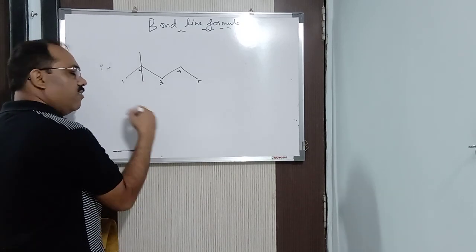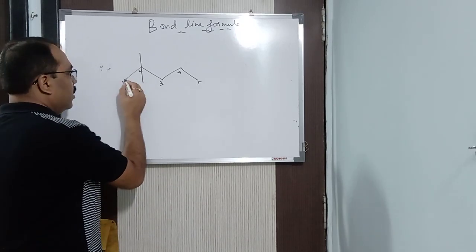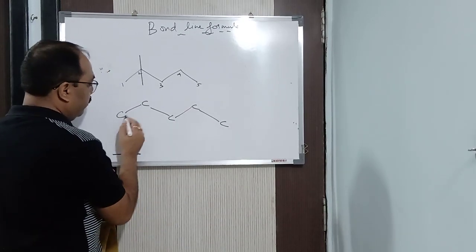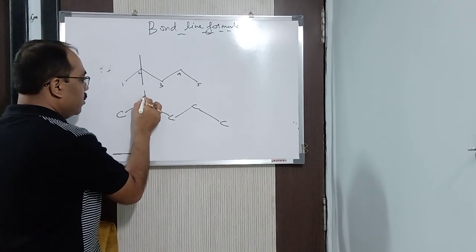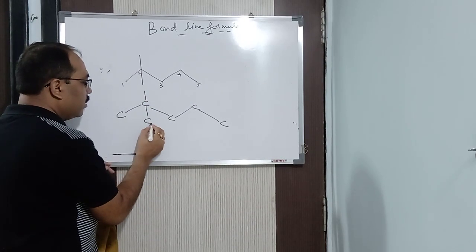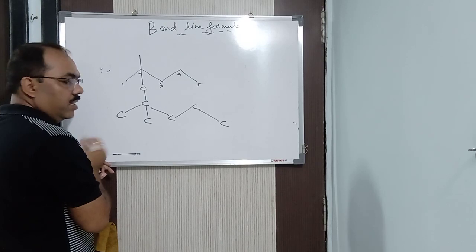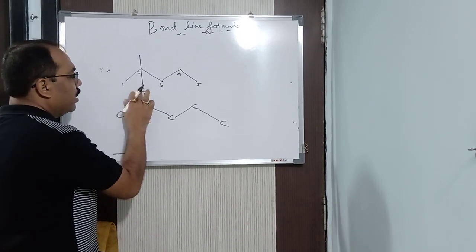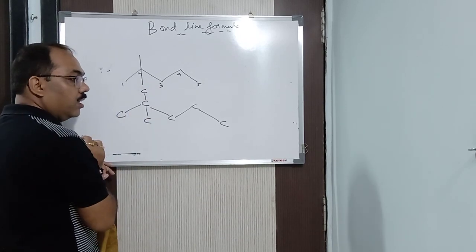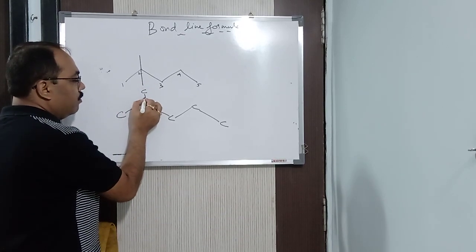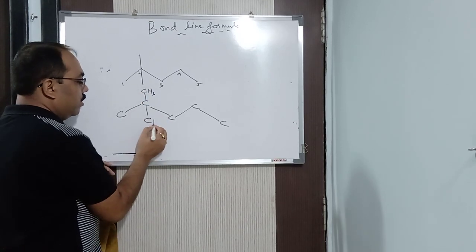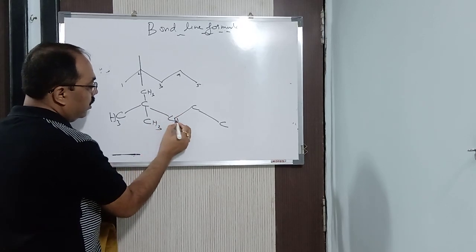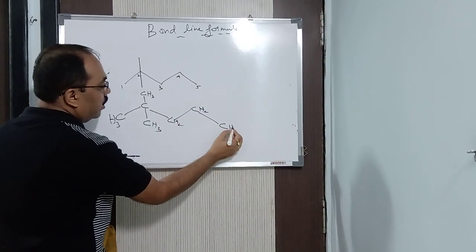Okay, simplify it. Whenever you are having a problem with a bond line, simplify it. So what is this? Carbon, carbon, carbon, carbon, carbon. 5 carbon, 1, 2, 3, 4, 5. I have written in the same manner. So here one line, here one line. What does it mean here? This is also carbon, this is also carbon. The ending is a carbon atom. As you can see here, a carbon atom here. That means this carbon is having one bond, so the remaining is hydrogen. So CH3. There also is CH3. Here this carbon is already satisfied, you don't need to write anything. Here it is CH2, here it is CH2, and here it is again CH3.